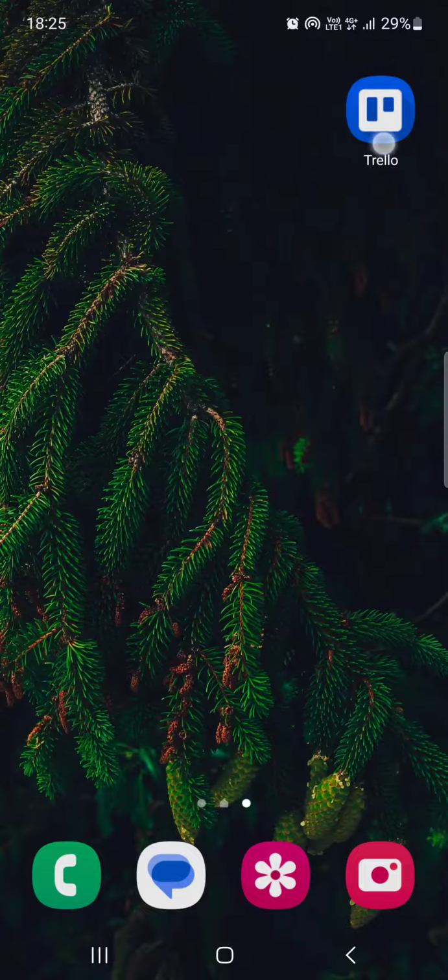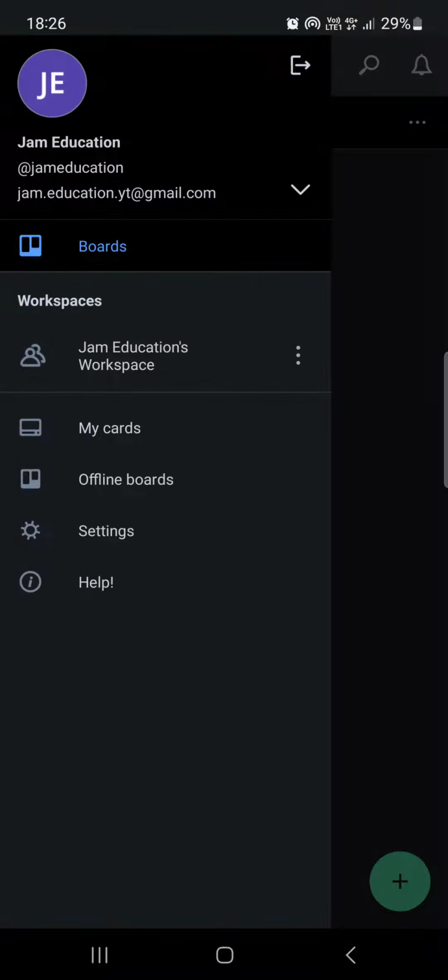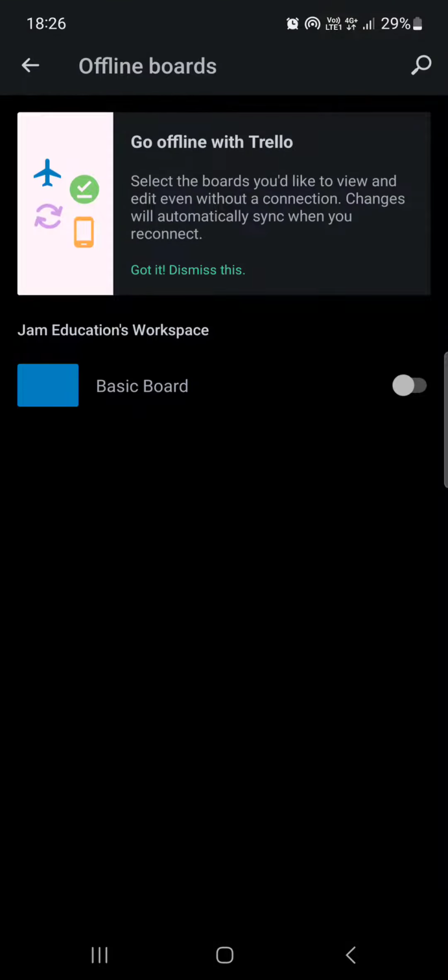First we have to open up the Trello app. And here it opens up in the boards section, in the home section. From here we have to go into the top left corner and tap on the three lines. Then we find offline boards. We tap on those. And here we can